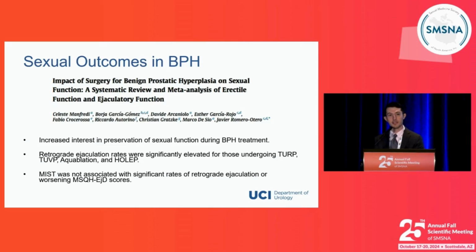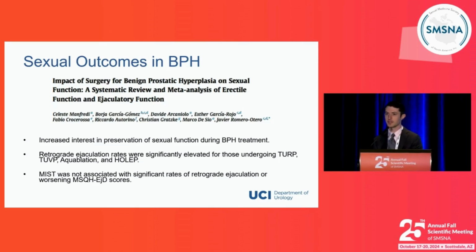So as some of the prior speakers have discussed, recent studies have postulated that there's a growing interest in the preservation of sexual function in men seeking treatment for symptomatic BPH. A growing portion of this literature has examined the impacts of the various treatment options available for BPH. Now, in one such meta-analysis shown here, a significant number of patients experienced retrograde ejaculation after standard treatments, including TURP, aquablation,